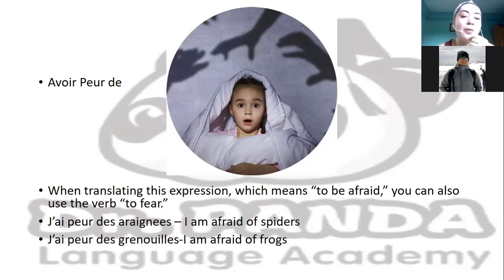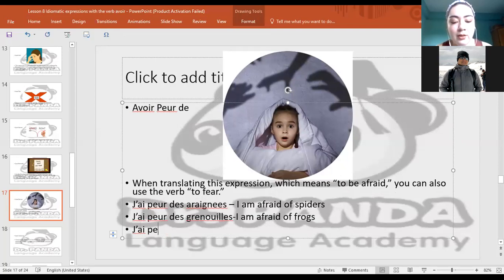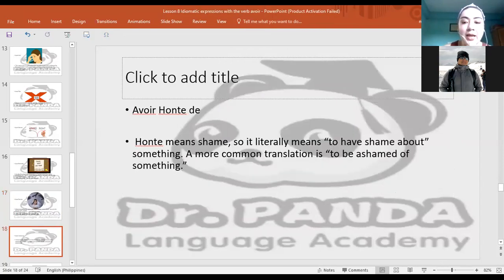Very good. So what are you afraid of, Jason? So that we can construct the sentence with your fear. Ano ba yung heights? Okay, j'ai peur des hauteurs. So heights is hauteur. J'ai peur des hauteurs. Very good. Okay. So I am afraid of heights. Okay. Next idiomatic expression we have